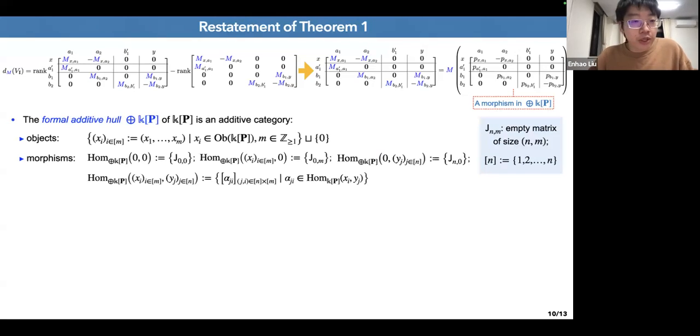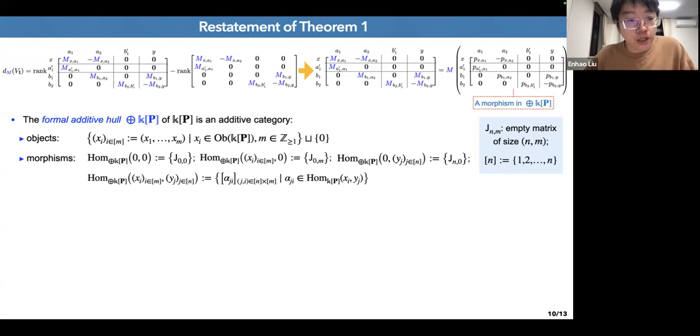So here we use some language by Gabriel. We call it just formative how. I mean, we call such matrix using entries in poset P by the formative how. Actually, this is quite technical, but you can forget about this terminology. You just think, okay, we describe such morphisms with entries in P